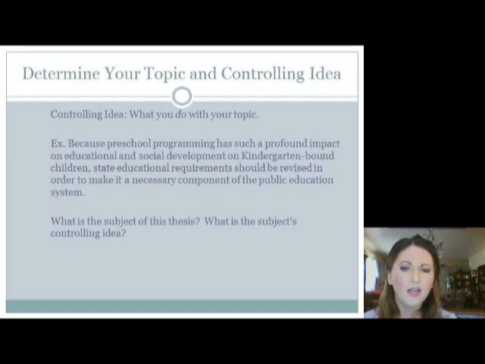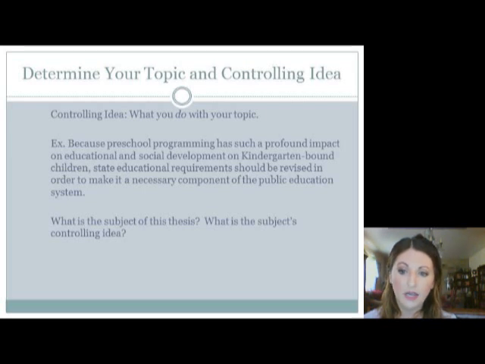Anyone could write an essay on preschool. If I said write an essay on preschool, you might say something entirely different. You might talk about pedagogical methods. You might talk about child psychology. You might talk about class size. I don't know. There are so many different things we could say about preschool, but my controlling idea, the specific